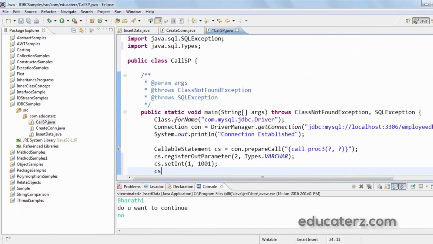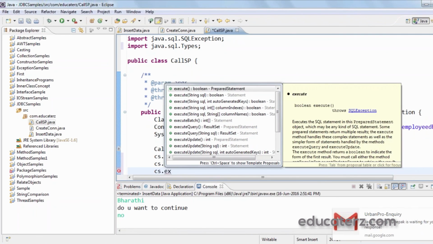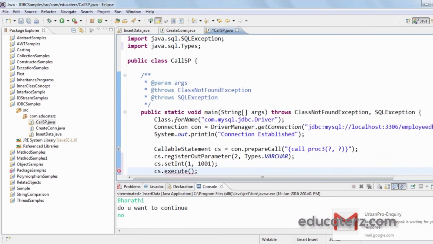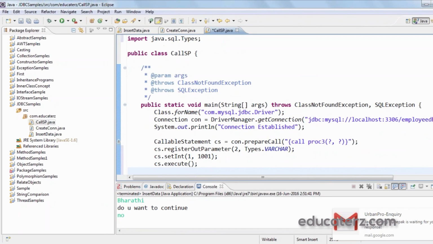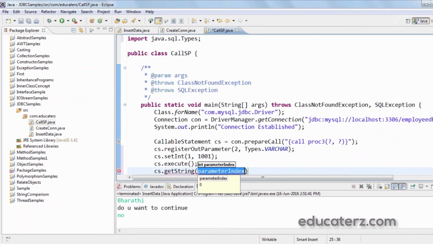So now I will execute the stored procedure using the execute method. Now I say cs.getString of, this is the question mark number, that is which value I need to get, that is the second value, the employee name, which I have to store in a string variable, say String str.